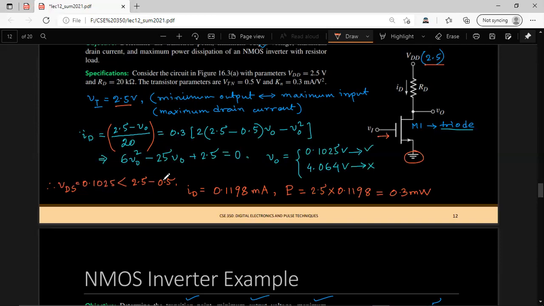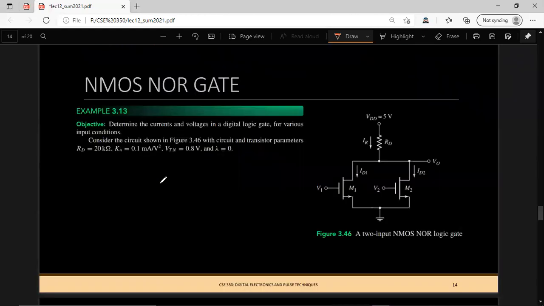Okay, so now let's do a different type of example, that is the NMOS NOR gate. Here you have the structure for the NMOS NOR gate, and in this problem we are asked to determine the current and voltage in this digital logic gate for various input conditions. Because this is digital logic, we are going to use only the logical high and logical low voltages for input voltage. And for our discussion, our case 1 should be